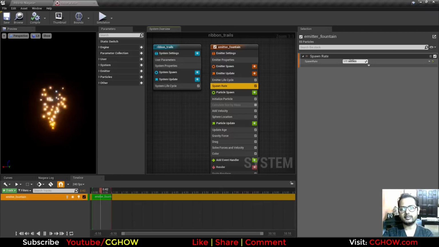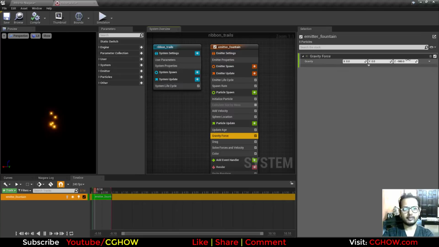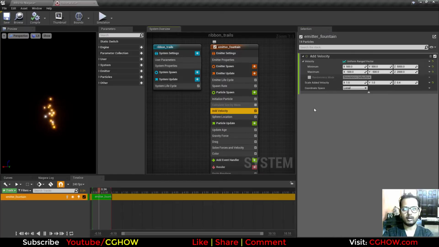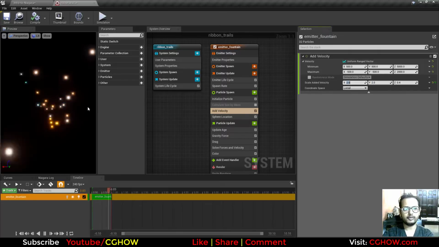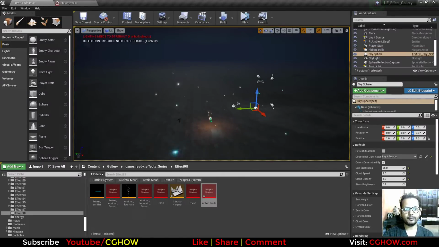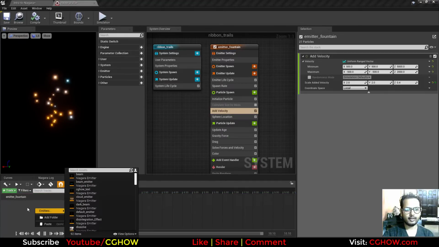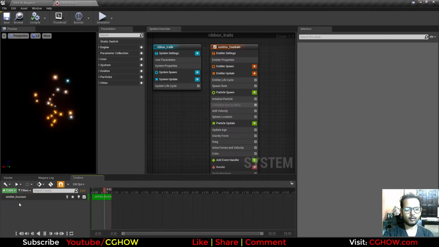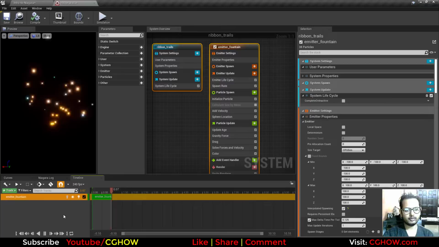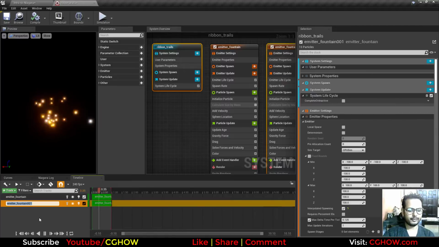First I will decrease the spawn rate to 50 and I will increase the gravity and also increase directional velocity. So I have this now. I want some trails of ribbon for this. So for that I will create an emitter here, or I'll just duplicate this emitter, copy, paste, make it trail,